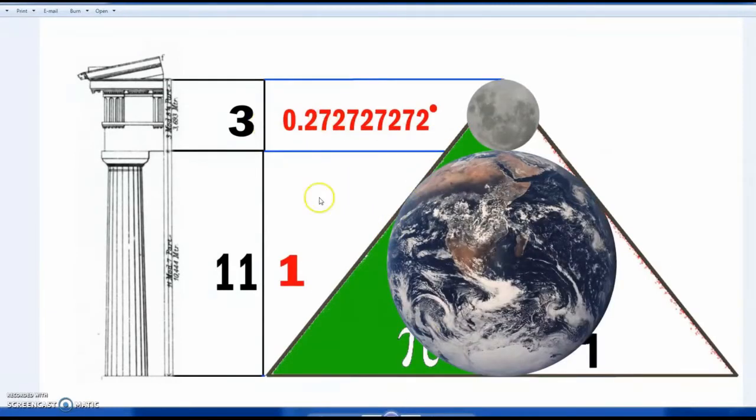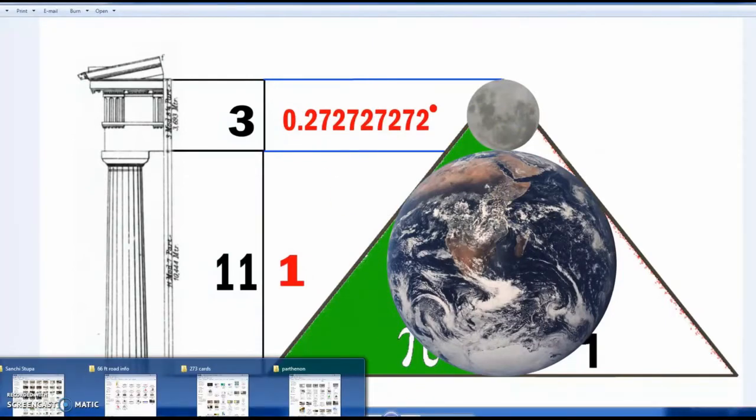But that also leads us to this: if 11 is 1, then 3 is 0.273, or 27.3%, another way which describes the size of the Moon in relation to the size of the Earth. Another interesting thing in regards to this